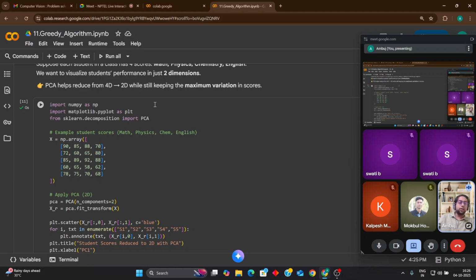Okay, I haven't installed it yet. So that is the thing. Import numpy as np, import matplotlib.pyplot as plt. Then from sklearn.decomposition import PCA. Okay, then